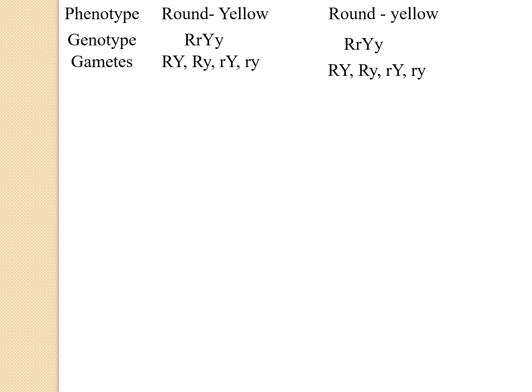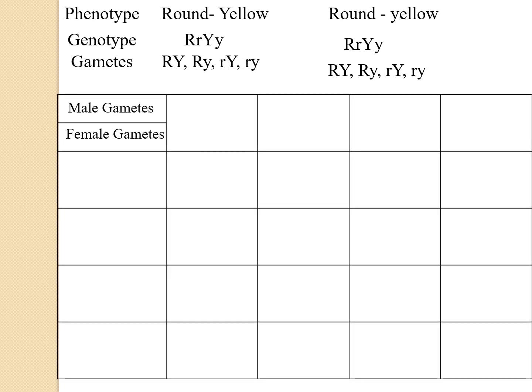Now coming to the most crucial part of this dihybrid cross, and that is the Punnett square. These gametes which you have got, you have to put and solve. So what am I going to do? The gametes which I've got of the male and the female, I'm going to put in the boxes as you did for the monohybrid cross. So what I have done, all the 4 gametes that I've got, I've put in the 4 rows and the 4 columns of the male gamete and the female gamete.